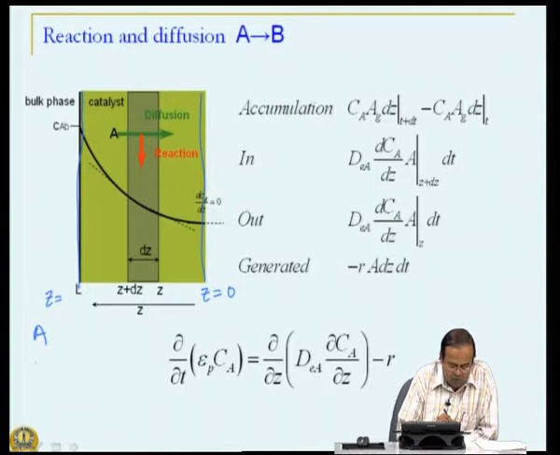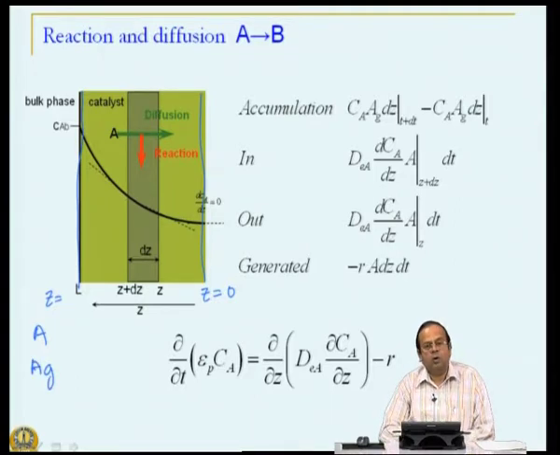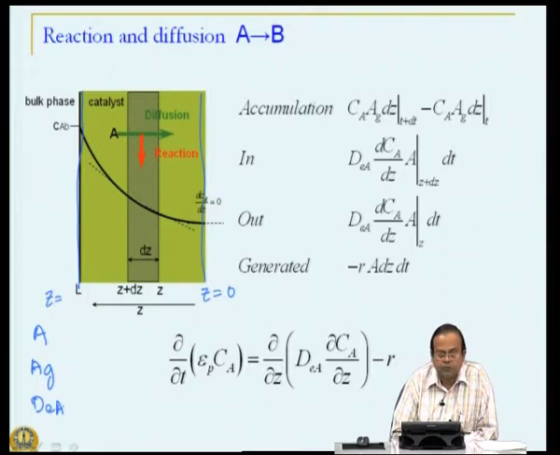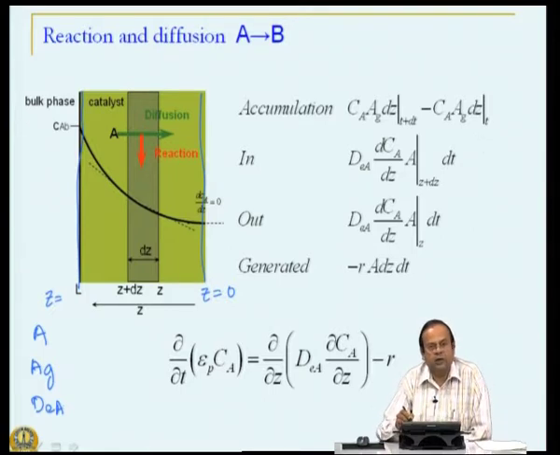Of this A, only Ag is available for material to flow, because that is a void or gaseous void volume. Then diffusivity, we now understand, we are going to say DEA, effective diffusivity. So, we have accounted for all tortuous path and so on and so forth. So, let us write down the mass balance.